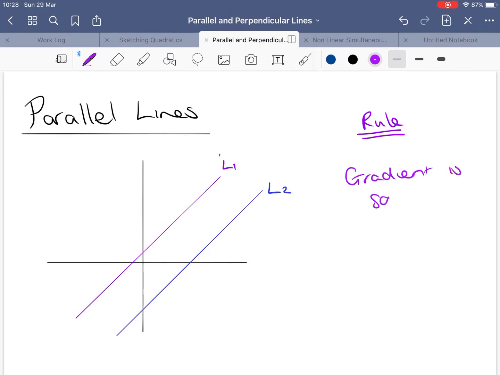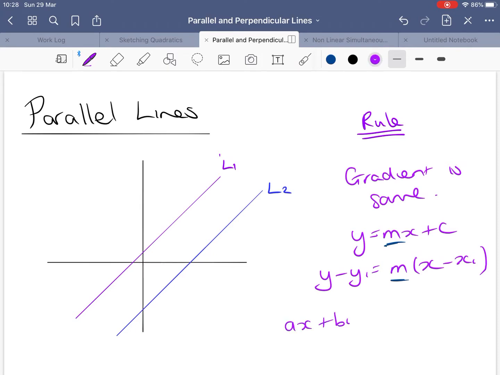is the same. So if we've got the form y equals mx plus c, or the form y minus y1 equals m(x minus x1), then it's easy to see if two lines are parallel because they both have to have the same gradient. If we have the form ax plus by plus c equals 0, then we need to rearrange the equation, because we need to work out what the gradient is. Personally, I always go for that form y equals mx plus c, so then I can see what the